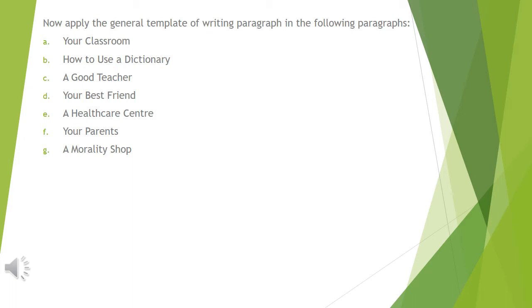So, we are to be picking up points like this, and then we are to conclude it in an attractive way. Now, come to the second point, how to use a dictionary. A dictionary is a book containing a large volume of words. It is very important in one's life, but one cannot use a dictionary well if one does not know how to use it effectively. And for using a dictionary effectively, one has to have the knowledge of how to use it in an effective way.